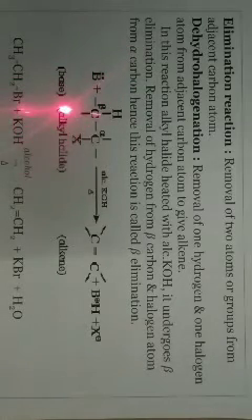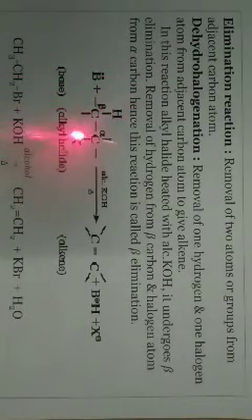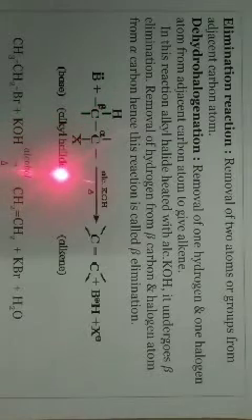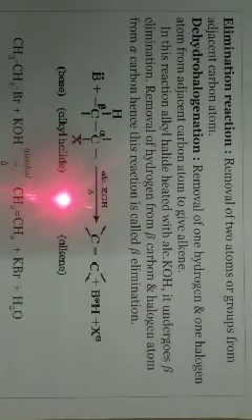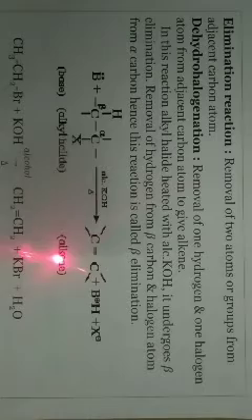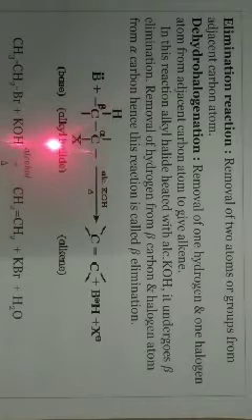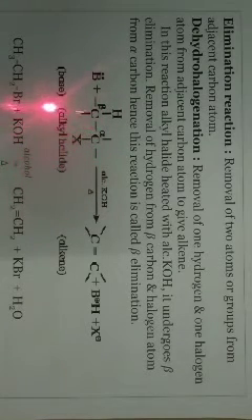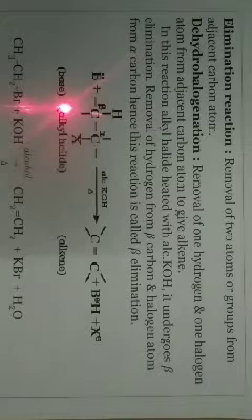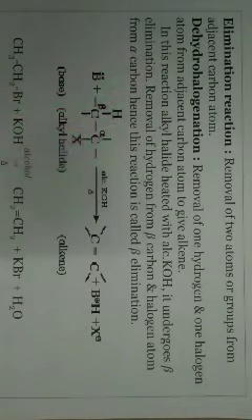Now this alkyl halide R-X bond is given. Here X is the halide. When heated with alcoholic KOH, that gives C double bond C, that is the alkene, giving us HX. Now here the X halide is removed from this carbon, and from the adjacent carbon hydrogen is removed. So we are getting the double bond between these two carbons, forming the halide.